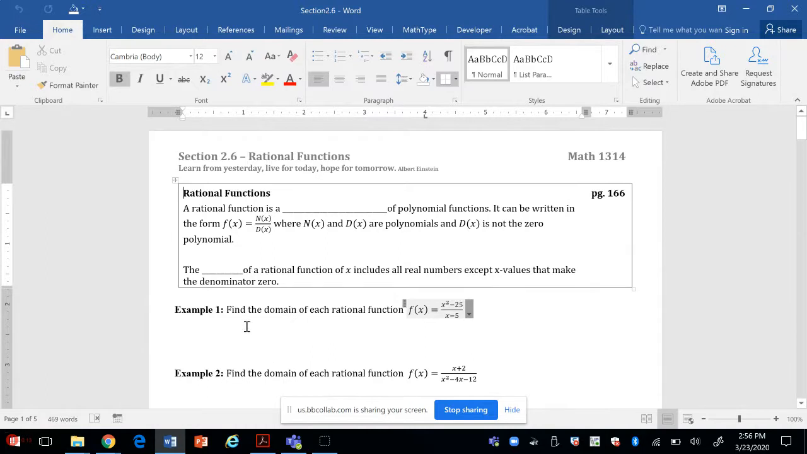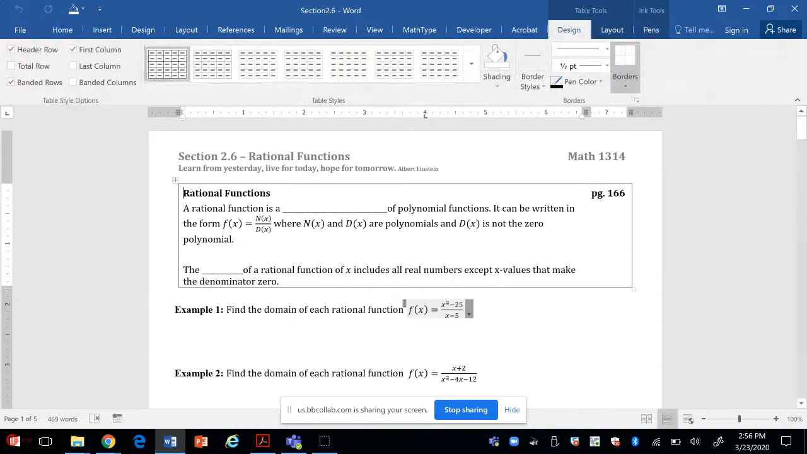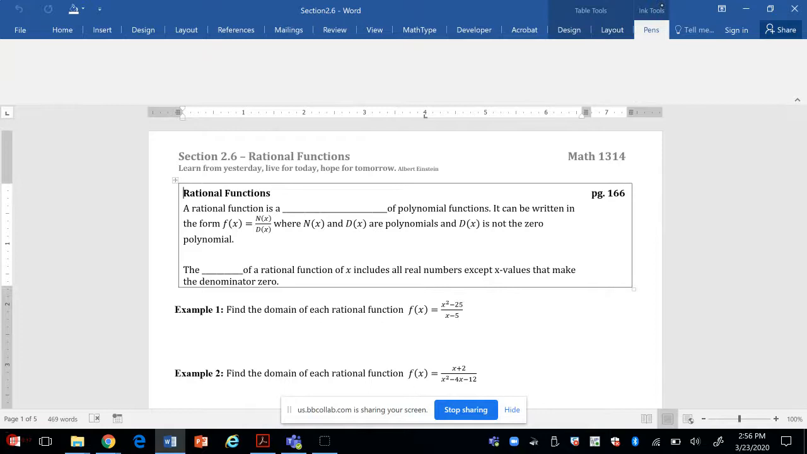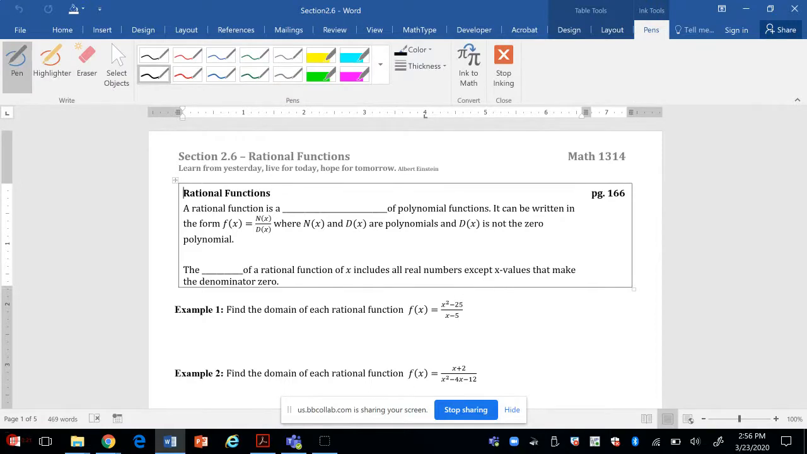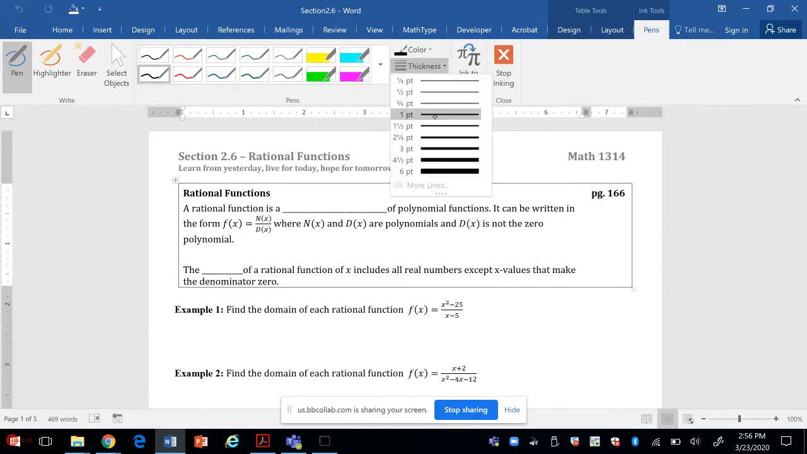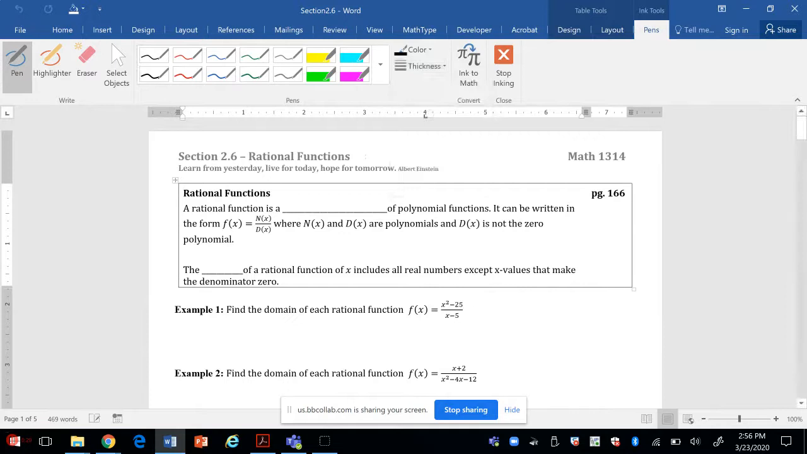So then I would say, let me get my pen. So I would say in order to find the domain, you want to factor the numerator. And so let me change the thickness of my pencil to make it easier. So I can write on my screen x minus 5. Actually, we don't have to factor it. We're just looking at the denominator. But for fun, go ahead and factor it. Anyway, so